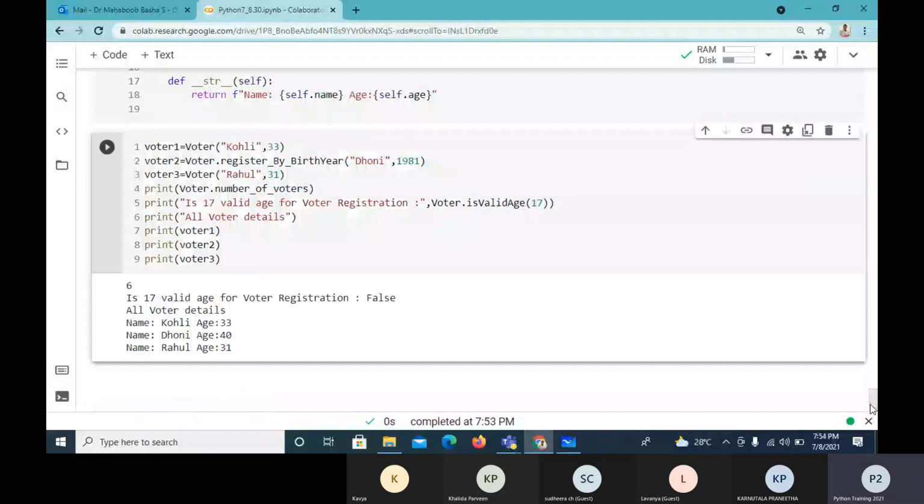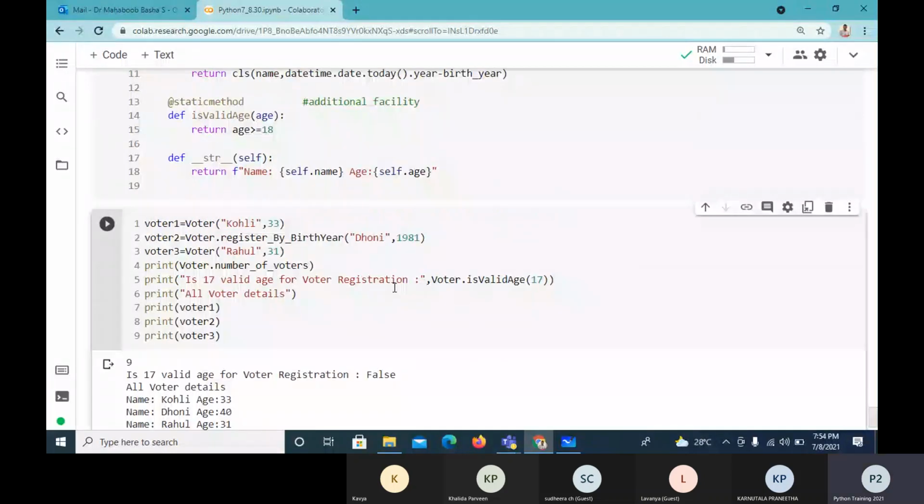So here it is giving the number of voters. I think I'm repeatedly calling it. I'll execute this, then I'll execute this again. Oh, this mistake.